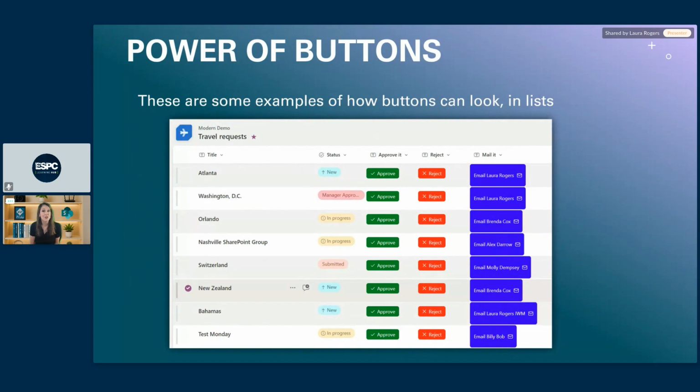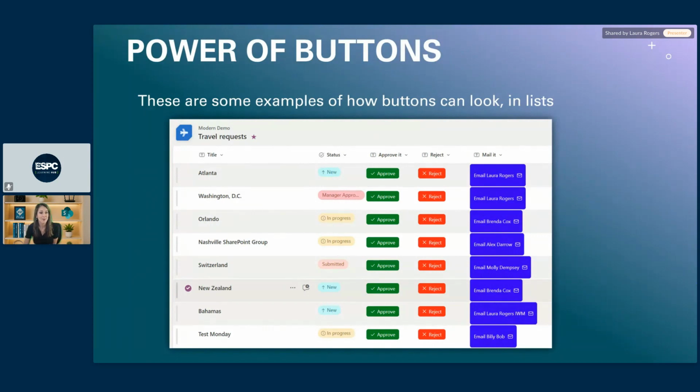And there's no actual data in the column. You could just use it for the purpose of presenting that button. You also could take a column that does have data in it and utilize that to present it as a button and maybe display the data that's in the column. So we have a lot of capabilities with how we use these.